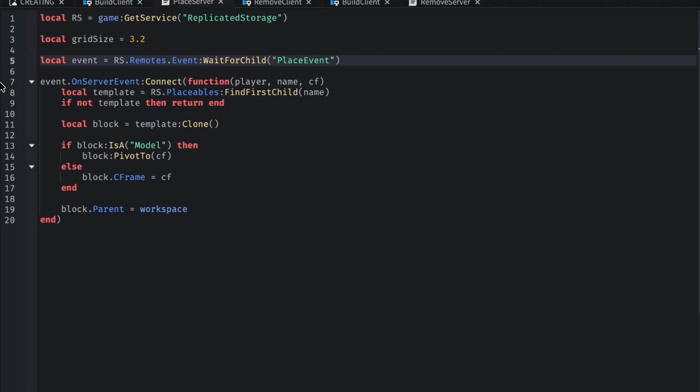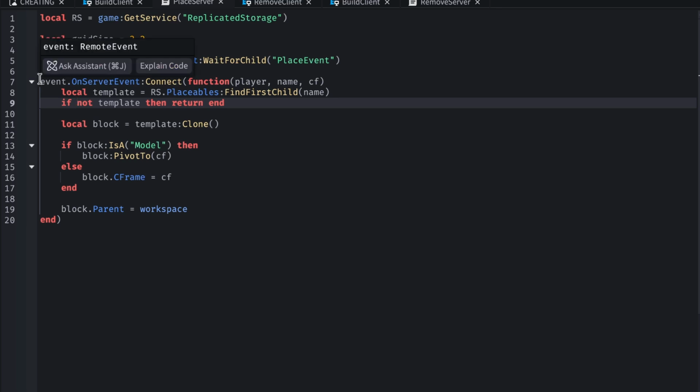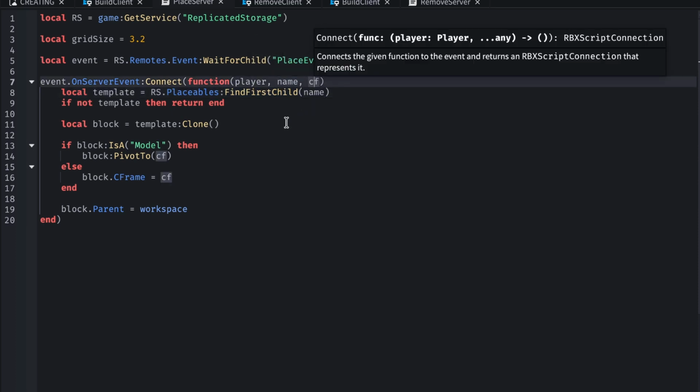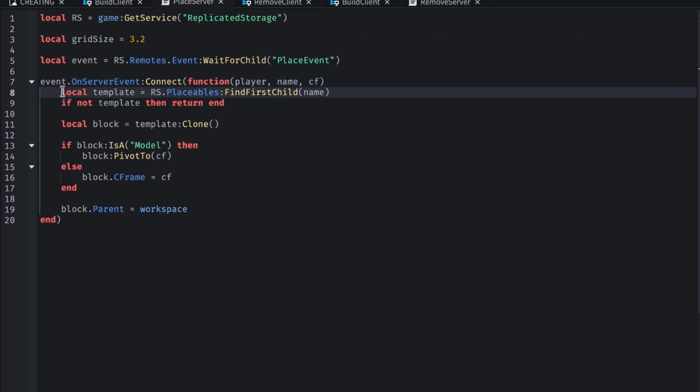Alright. Anyways, what we need is the replicated storage, the grid size, and we're gonna be getting the remote event like last time. Alright. And then after that, we're just gonna be receiving the remote event, which is the place event here, and the parameters will be the player. We get the names and the CFrame. After that, we're gonna get the template, which is inside the placeables, and then get the name. We check, then we clone the template,